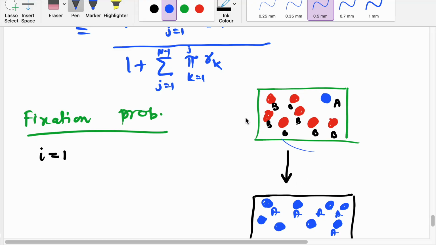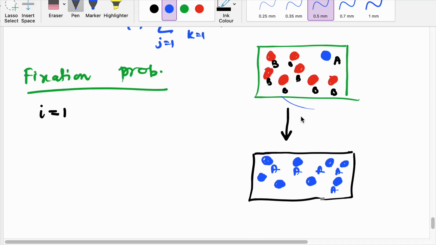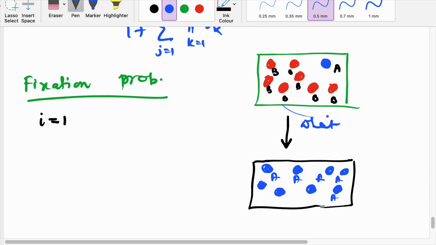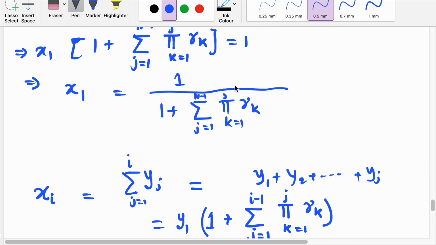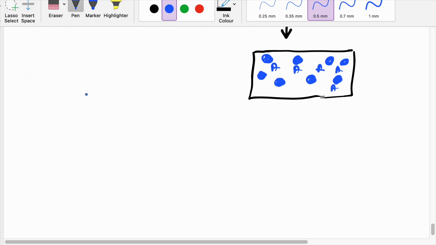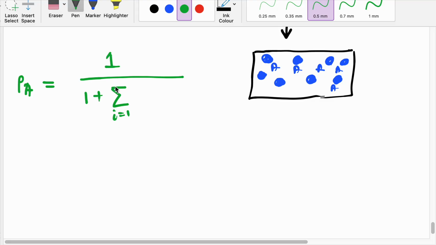What is the probability that one A type individual will automatically invade the whole population? That means in a population of all B type individuals, if one A type individual appears by mutation or somehow, it will become all A type. What is the probability? We have already calculated that probability. Denoting this quantity by x1, it is called the fixation probability of A in the population B, and that is nothing but rho A, which we have calculated already. That will be 1 over 1 plus the summation of i equal to 1 to n minus 1, of the product of gamma, j equal to 1 to k equal to 1 to j